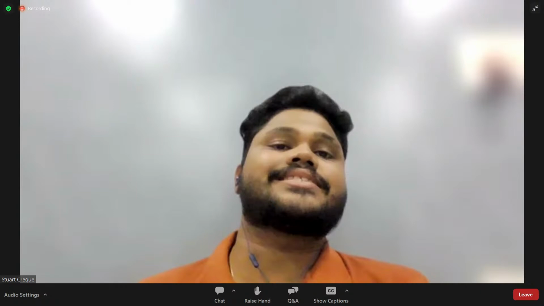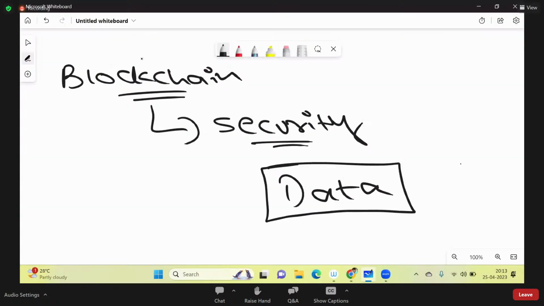I feel security is something where a lot of components are involved. What I'm talking about here specifically is, in this fourth industrial revolution, we all know that data is an important asset. Whosoever is going to protect the data in the current market, they are the rulers. If you are not in a position to protect the data, then definitely you will not be in the market for a long time.